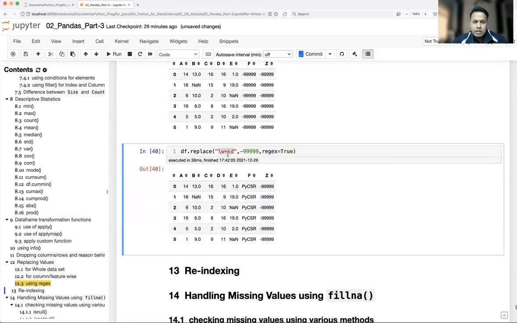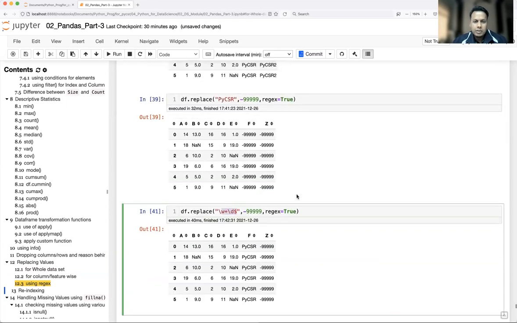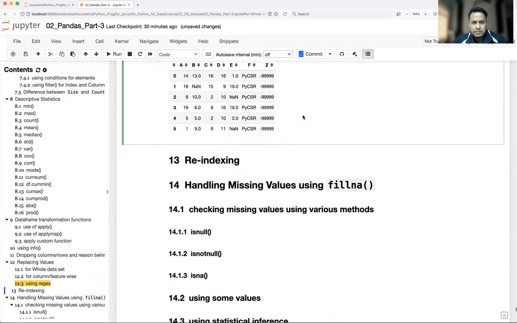Here, w plus is nothing but all the word characters, and I'm making it mandatory that it must end with backslash d, that is a digit. A digit can be anywhere, at the start or end, so let's make it more specific to the end. It must end with a digit, then only it should replace. So when you make regex true, then only this pattern is going to work. That's how you replace the values in the data frame.